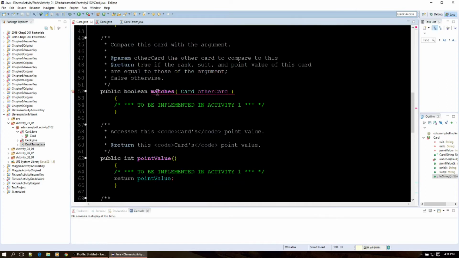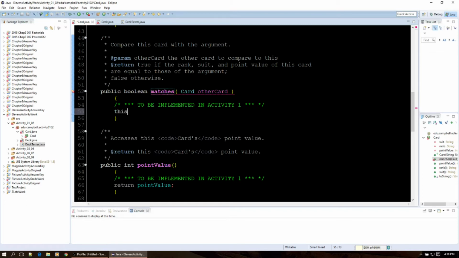One last thing we have to do is to compare. Now, one of the things when I'm comparing two cards, a lot of people will just say, well, why can't I do this, return this equals other card? Well, if you think about it, really what this is doing is saying, is the memory location of this, are they pointing at the same card? Well, when we're doing matches, we don't really care to see if they're pointing at the same card. We want to see if the characteristics of the card are the same, because I might have the same card